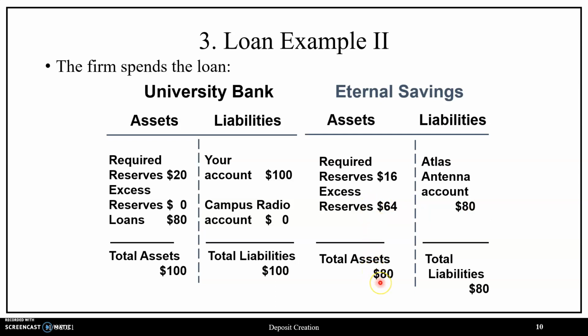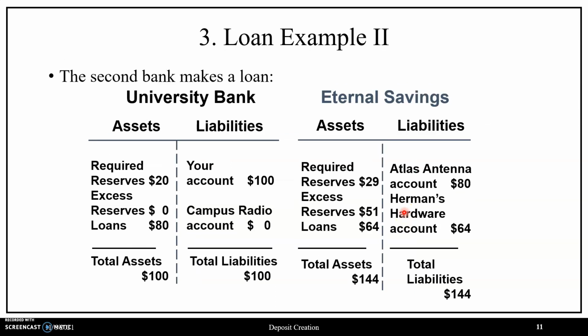So Bank 2 now has $80 in assets as well as liabilities, with an $80 sum of total deposits. Our required reserves for Bank 2 will be $80 scaled by 20%, giving us $16. The difference between our total reserves of 80 and our required reserves of 16 gives us our excess reserves of 64 for Bank 2. After which, now that Bank 2 has some excess reserves, they make a loan by the amount of